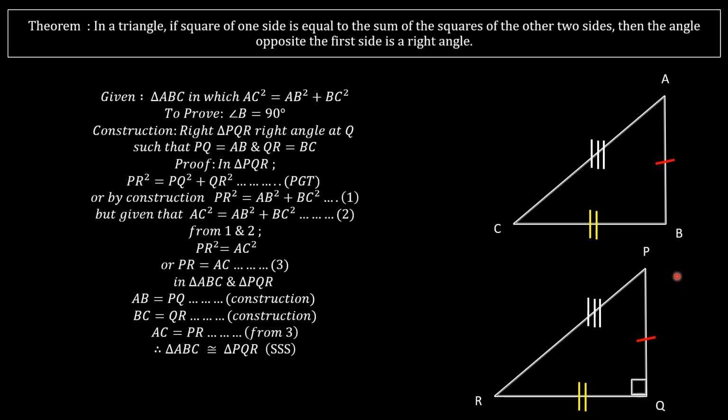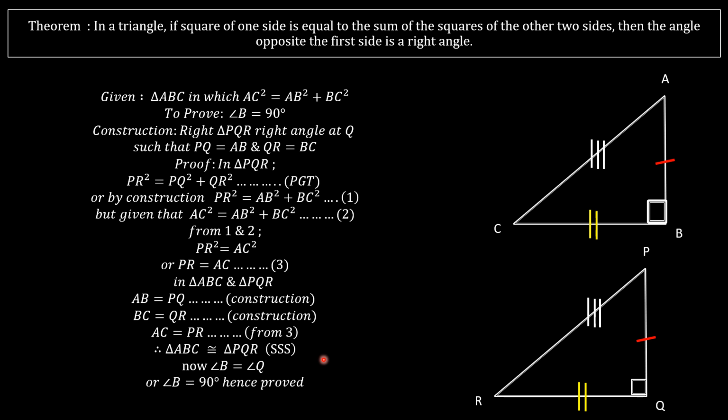Okay, so if they are congruent, by CPCT we can write that angle B is equal to angle Q. Okay, and angle Q is constructed as 90 degrees, which implies angle B is equal to 90 degrees as well. Hence proved the converse of the Pythagoras theorem. We proved this by constructing a right triangle and applying PGT on that, then proving the two triangles congruent this way. Clear? So these are two theorems, rather three theorems: